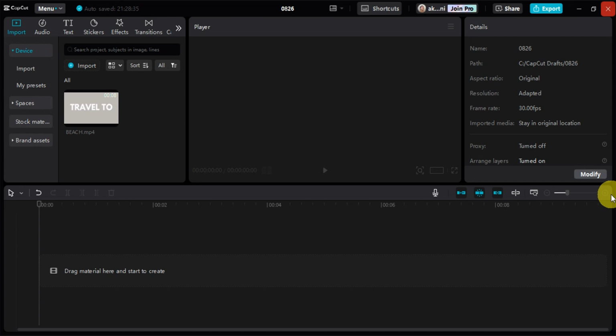If you haven't downloaded it yet, just head to your local browser and search for CapCut PC. You'll be able to find your device's version in there and follow the installation prompts. Right after you have done that, just open CapCut PC and create a project. You'll get redirected to the screen that shows the editing page of CapCut. And for us to be able to begin, we're going to head towards step 1, which